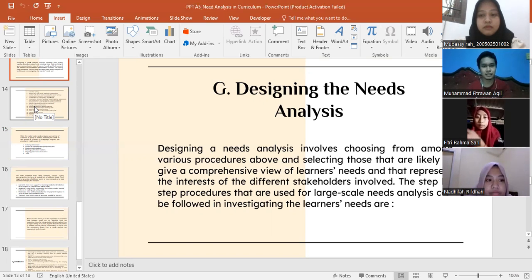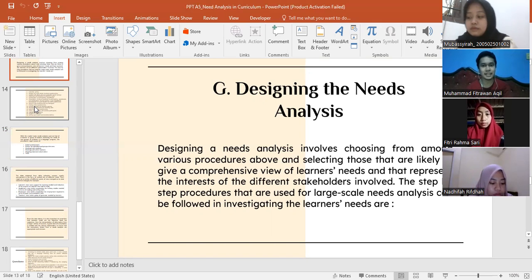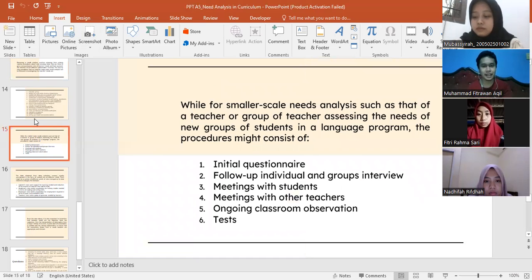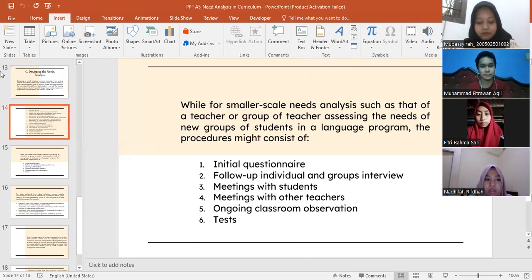It is important to make sure that the needs analysis does not produce information overload. Therefore, the reason for collecting should be stated clearly to ensure that only information that will actually be used is collected. The step-by-step procedures that can be followed in investigating learners' needs are: first is literature survey, then analysis of a wide range of survey questionnaires, then contact with others who have conducted similar surveys, interviews with teachers